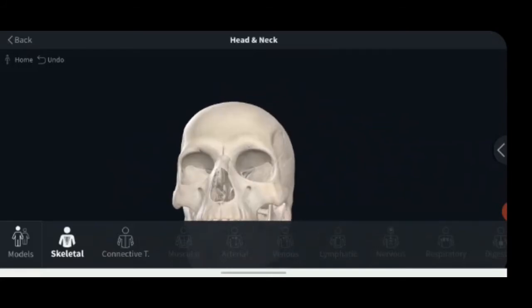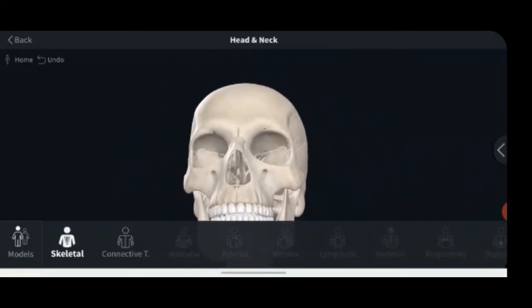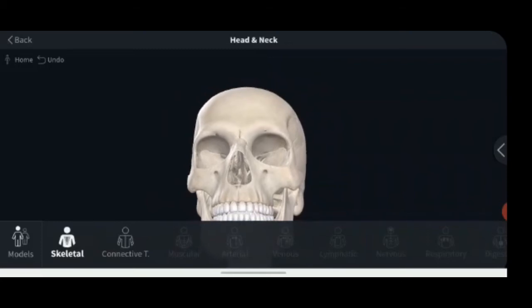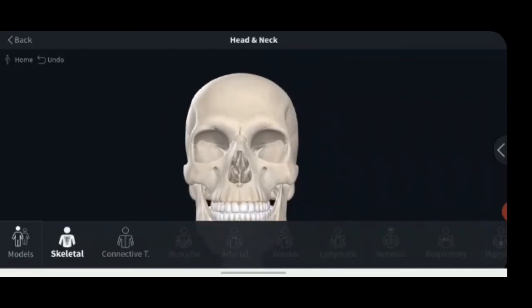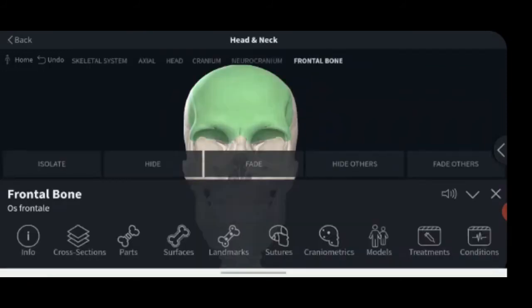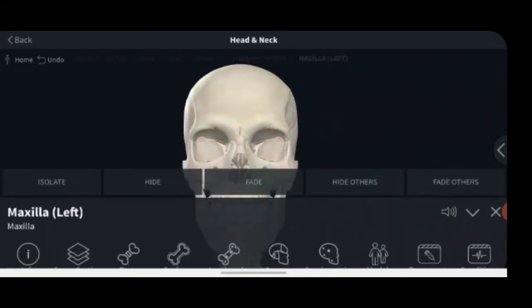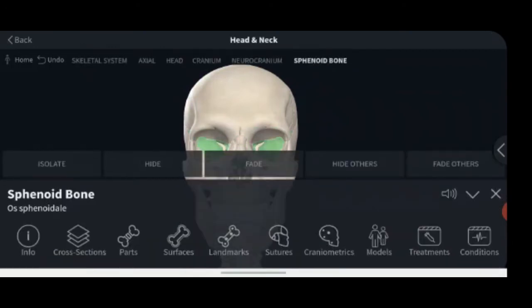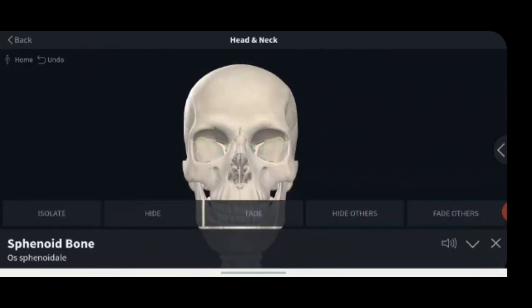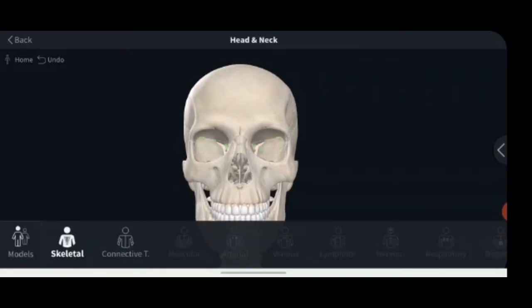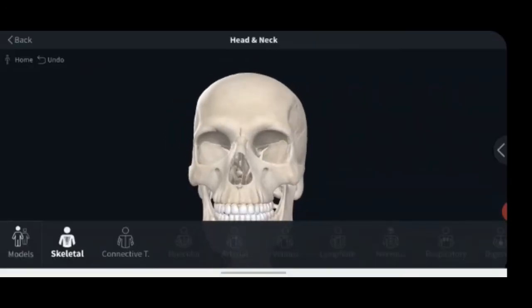Most of the bones of the base of the skull and also the facial skeleton bones, or splanchnocranium, are irregular and ossified partly in membranes and partly in cartilage. In the bones around the nasal cavity, what are the bones? For example, this is the frontal bone, this is the maxillary bone, sphenoid bone, ethmoid bone. So these are the bones around the nasal cavity.